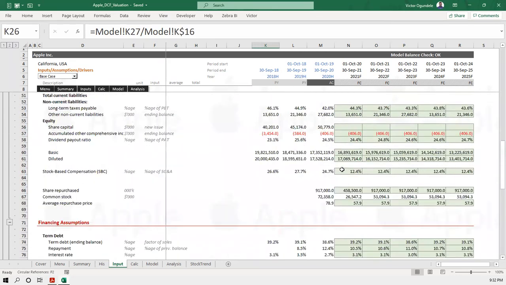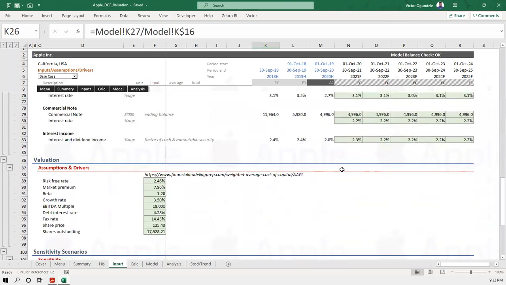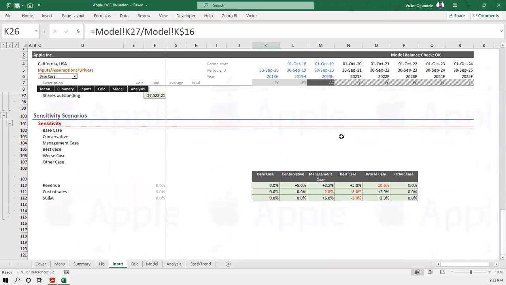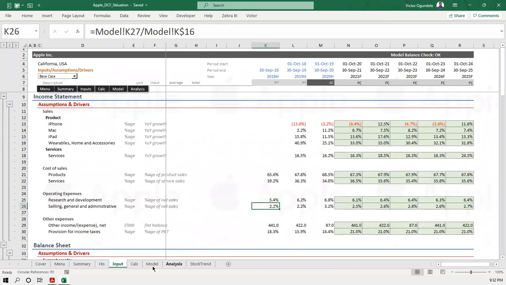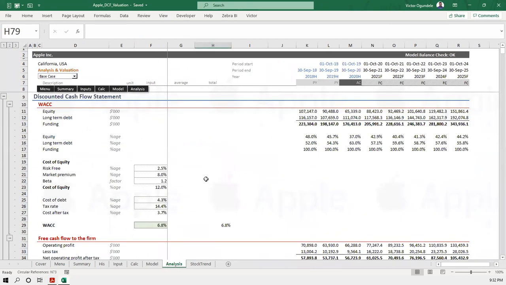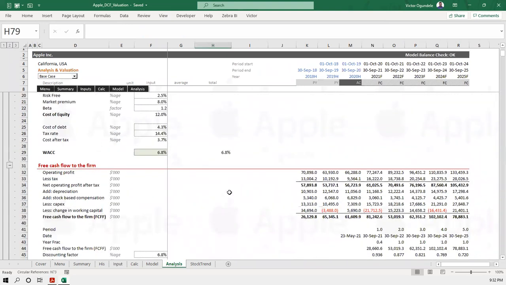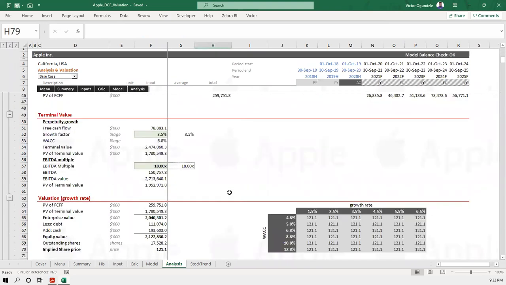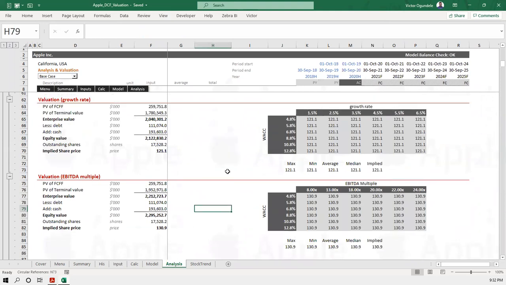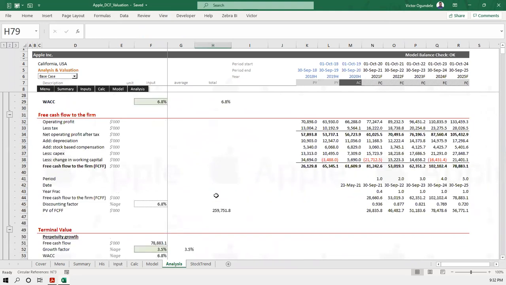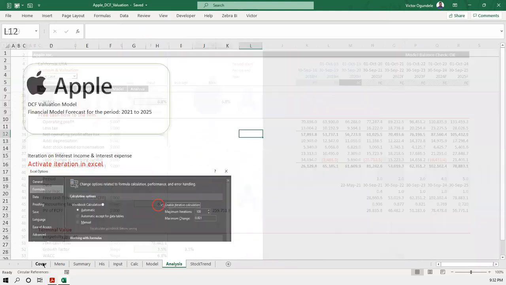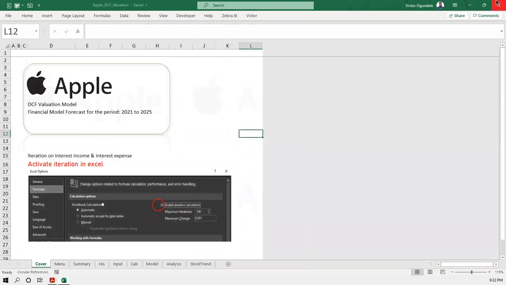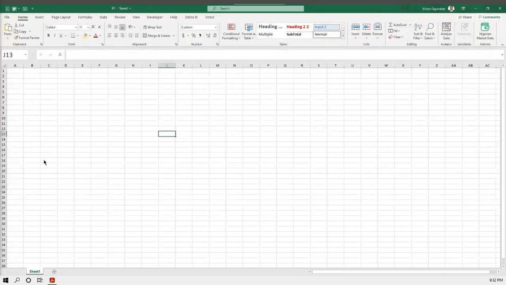Maybe I should just share it with you so that you understand, especially the financing. This one has financing, this one has valuation, and also some scenarios. So you can take a look at that analysis. Then I think I built a DCF inside it as well, with terminal value and valuation, and an EBITDA multiple as well. So should I share this with you as well? Yes, please share it.